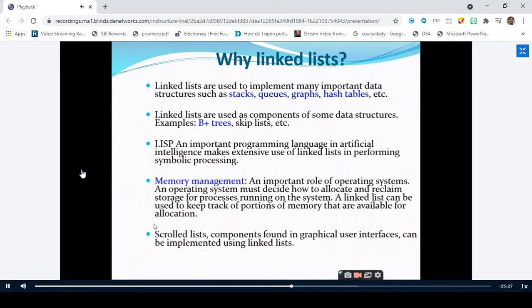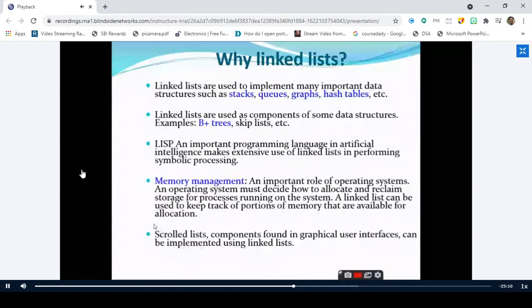It allocates memory dynamically, so it is very powerful. The main reason for the popularity of this linked list is they make use of the dynamic data structure. The dynamic memory allocation gives a lot of strength to the linked list. So any other data structure you take, you can simply blindly say that that particular data structure can be implemented using linked list. That's it. Okay. So that is the power of the linked list.